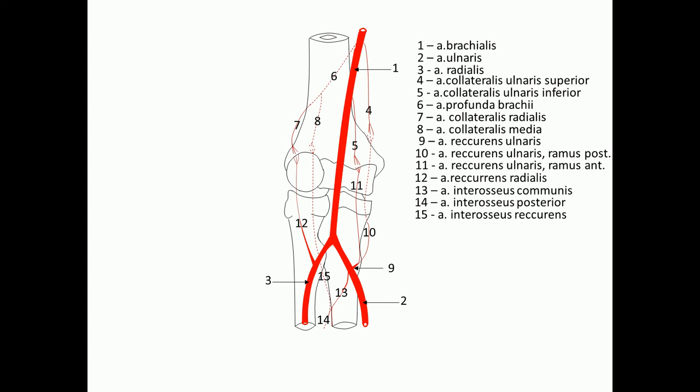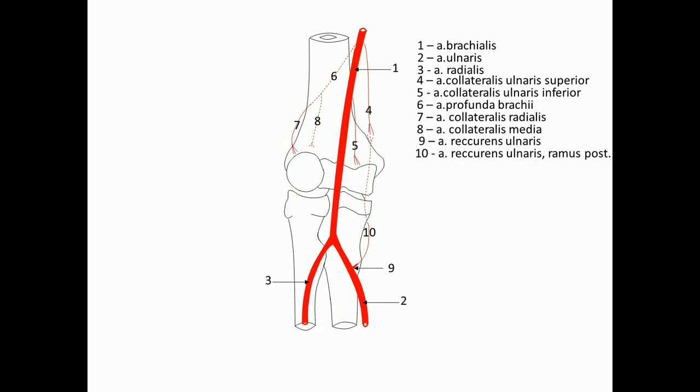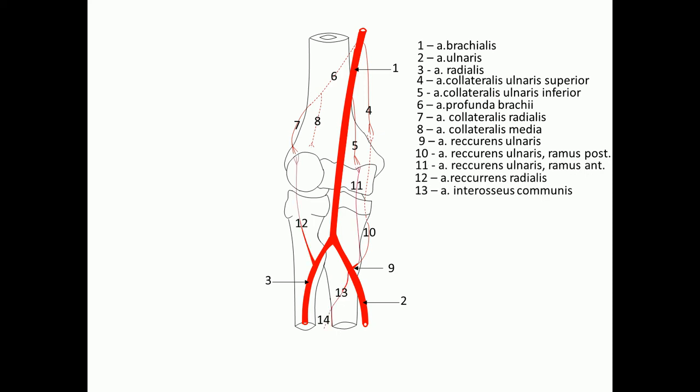Arteria interossea recurrens communicates with arteria collateralis media. So there are 4 descending branches and 4 ascending branches, which